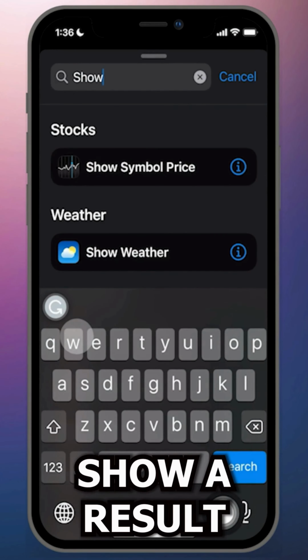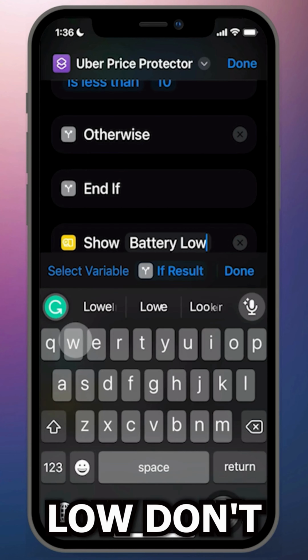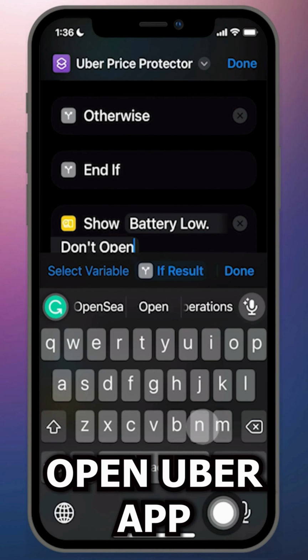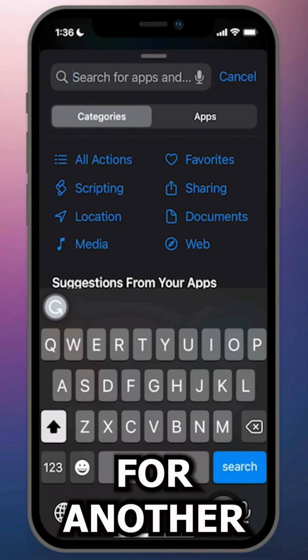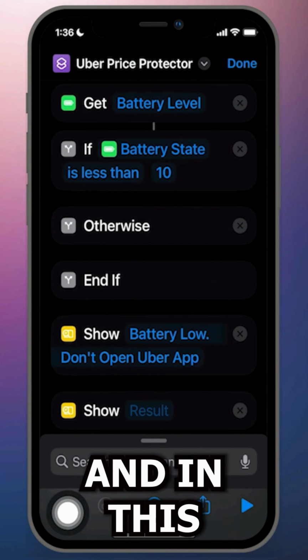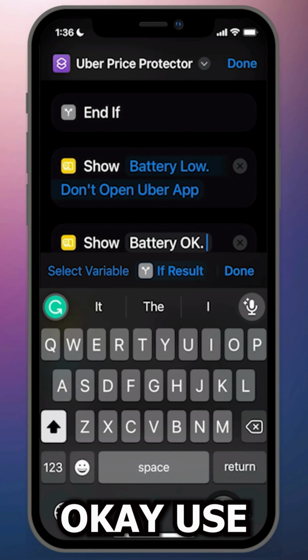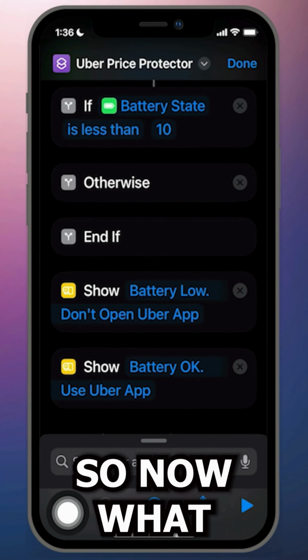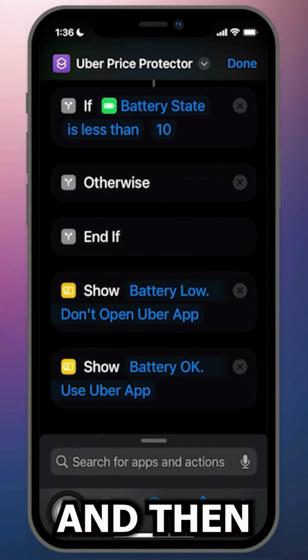show a result. And the result will state battery low, don't open Uber app. We'll then go and search for another show result. And in this box, we will put battery okay, use Uber app. So now what I'll do is tap and hold the show result and then drag it